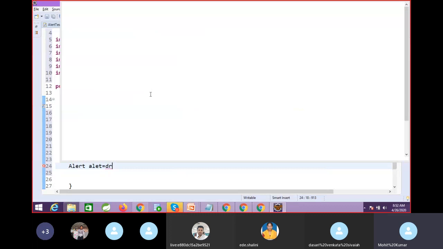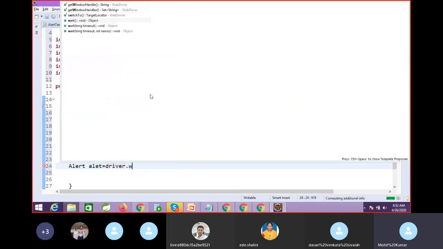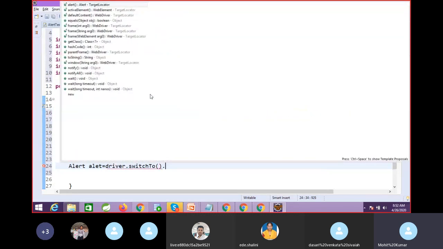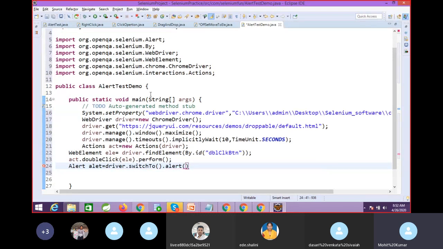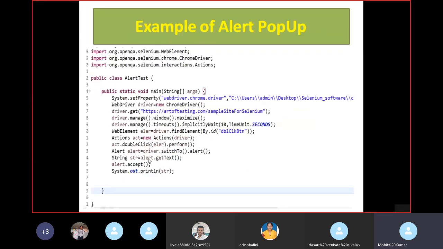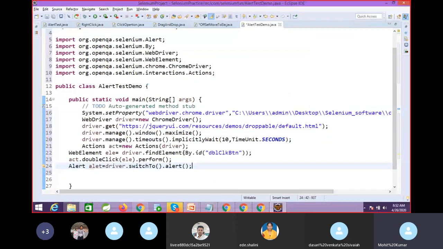How to switch? Driver.switchTo().alert(). Again we are calling multiple driver.switchTo. Anything I am missing here? I don't think so, this is only it. So driver.switchTo().alert().